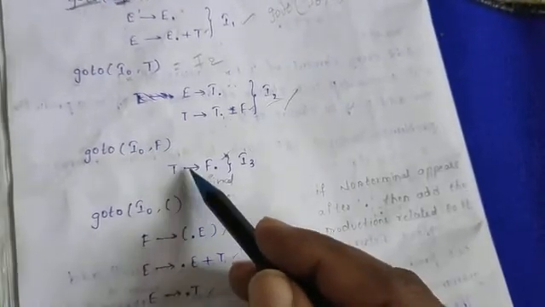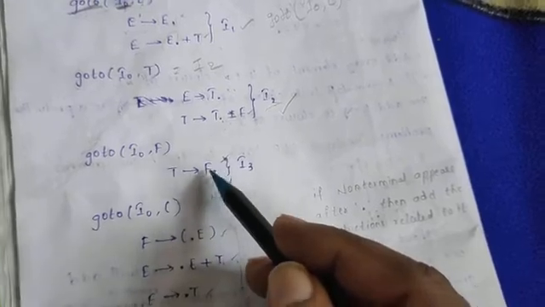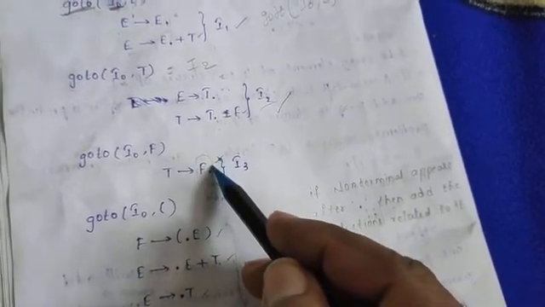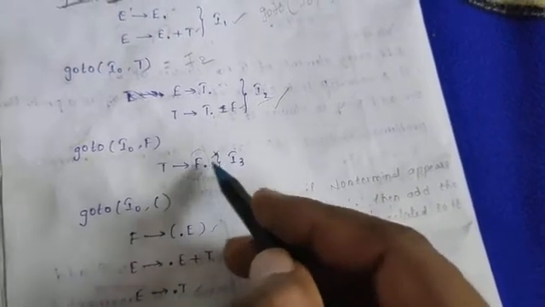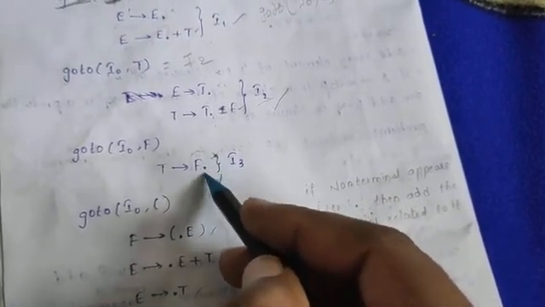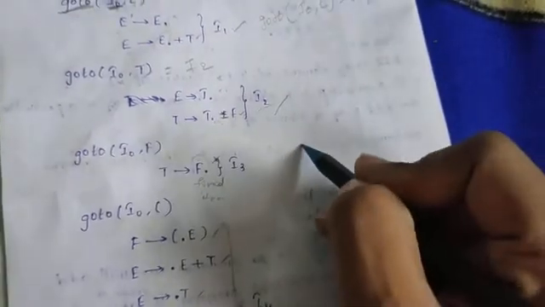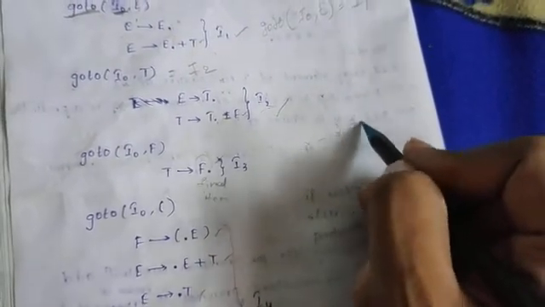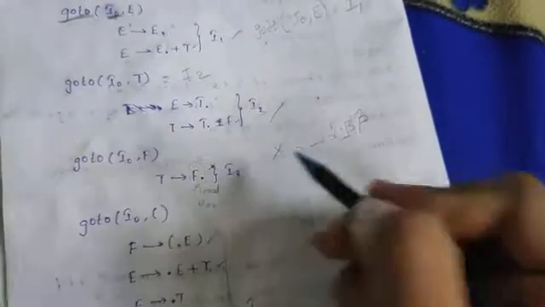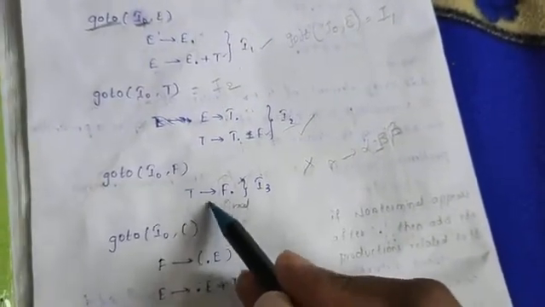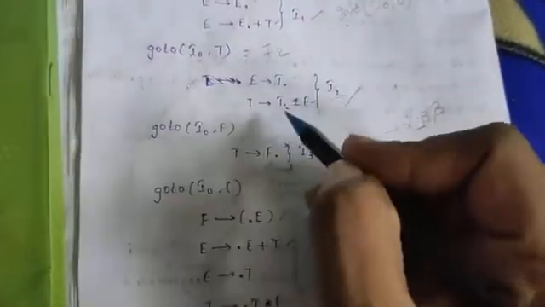Here, T tends to dot F can be placed with the dot moving from here to here. Here we are not placing F related productions below this one. Why? Because here the dot should be after a non-terminal, not before a non-terminal. A tends to alpha dot B beta: here the dot should be before B, so it is not suitable for this one. So for that reason we are not placing the remaining productions below this one. That's why it will be indicated as I3, the new state.